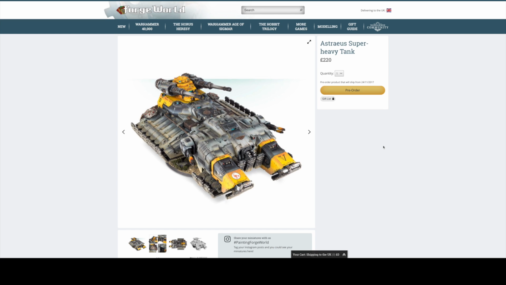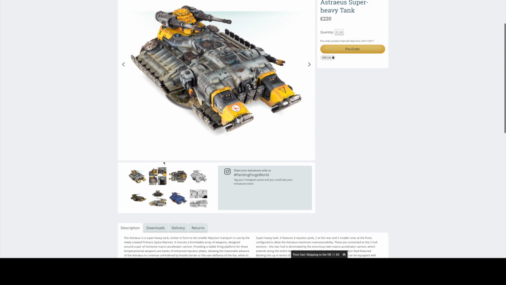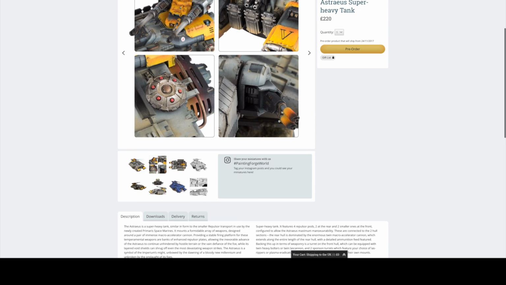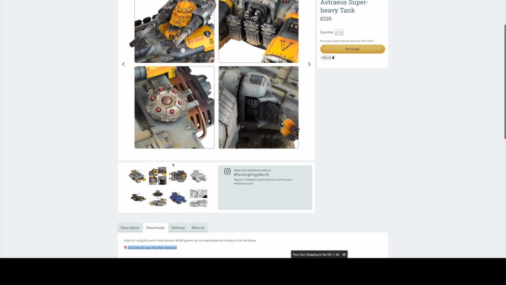You know, it's 2 standard size Space Marines. It looks like, they don't look like Primaris ones. So let's have a look at this tank in closer detail. So they've got a load of pictures here of it. You've got the heavy bolters, you've got the Las Rippers, I think they're called, you've got the Void Shields,